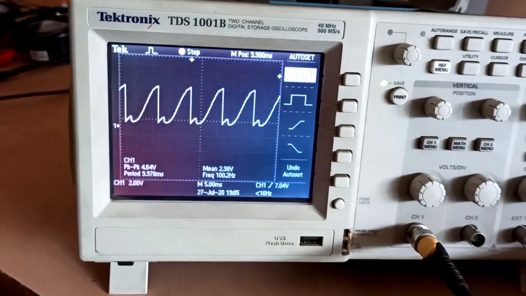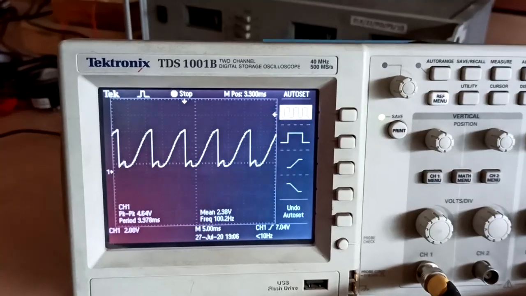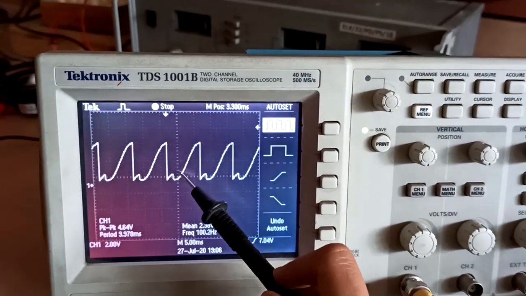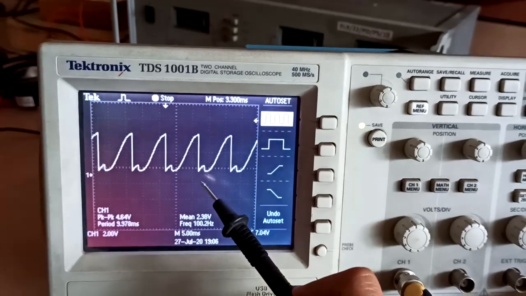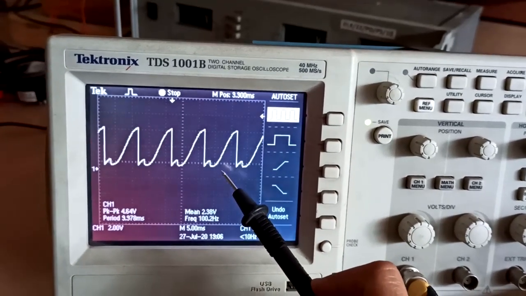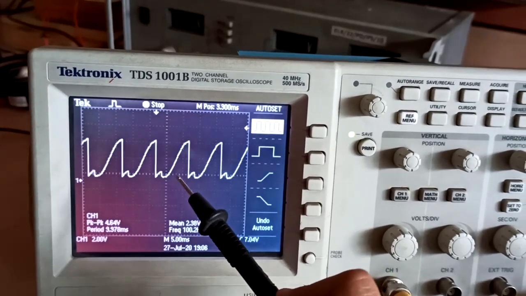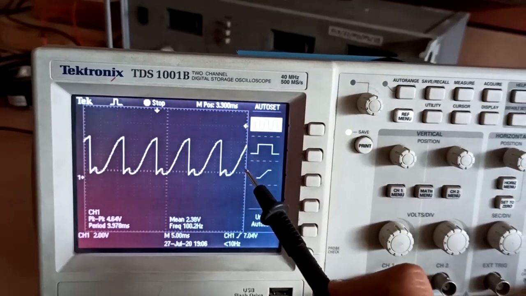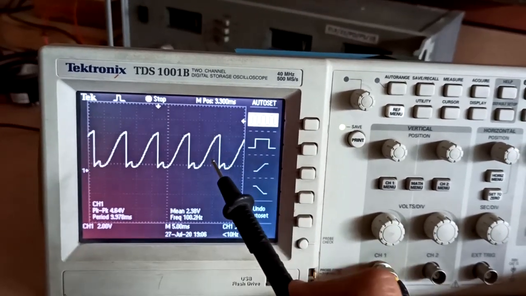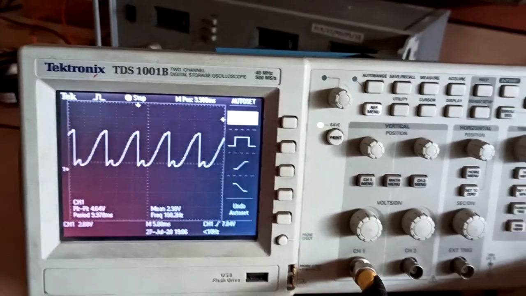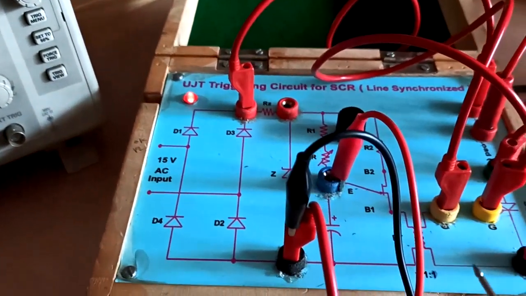Okay, so here you can see the capacitor charging, capacitor discharging, charging, discharging. In this way the capacitor charging and discharging will take place, and whenever the capacitor discharges, it will trigger the UJT.